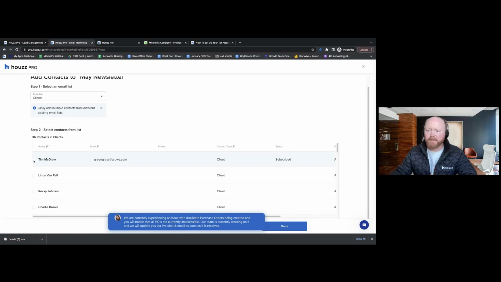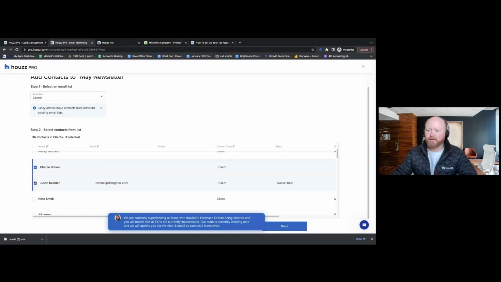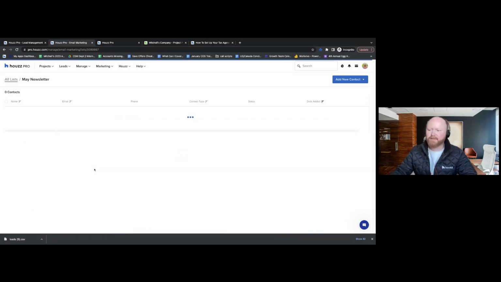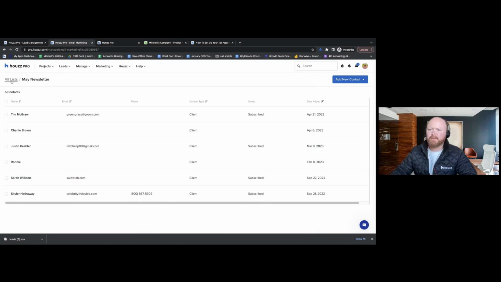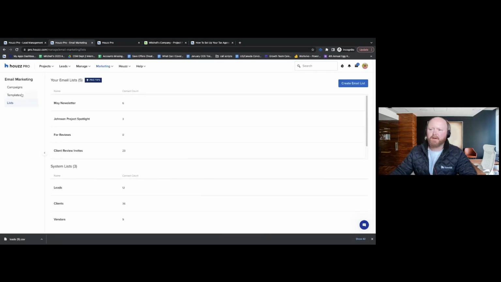You can see Tim McGraw is a repeat client of mine here. I've got Charlie Brown, Justin Keebler, and let's do a couple of others here. Perfect. And then we're going to click done. Now that we have made our list, we'll go back to all lists here. Now, the next thing we do, now that we know who we want to send this to,